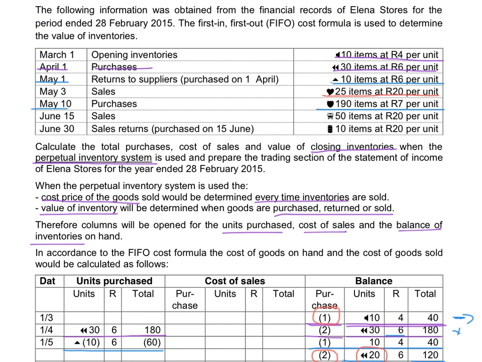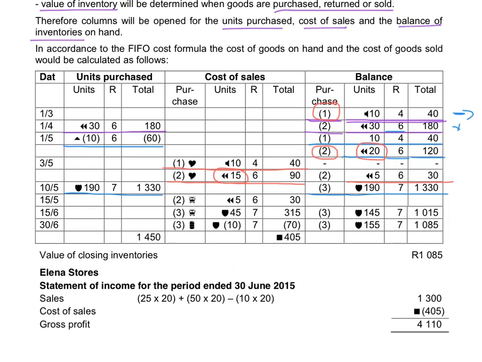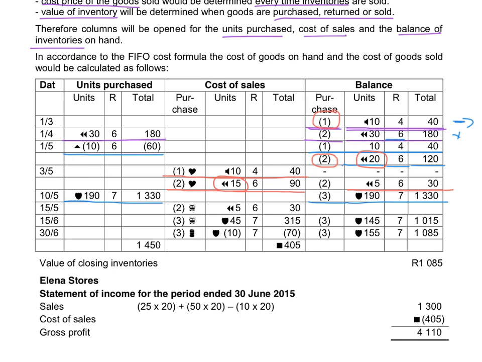Then we sell goods again, and this sale is 50 items that we sell at R20 each. So if we look at the units that we have available, we see that in group 2 we still have 5 units available. In group 3 we have 90 units available. So I first have to sell the 5 units that are available in group 2. So I will show that 5 units that cost R6 will be sold,